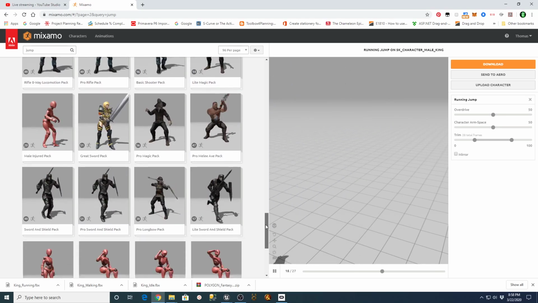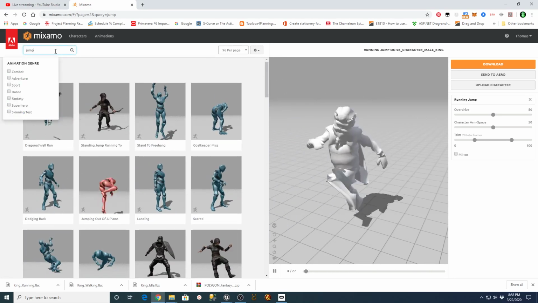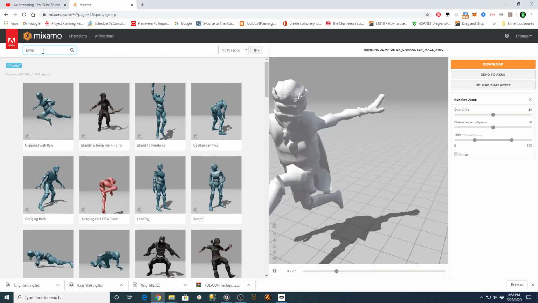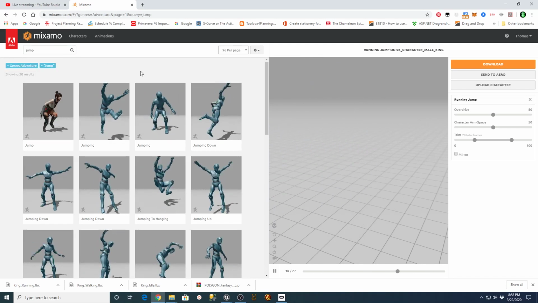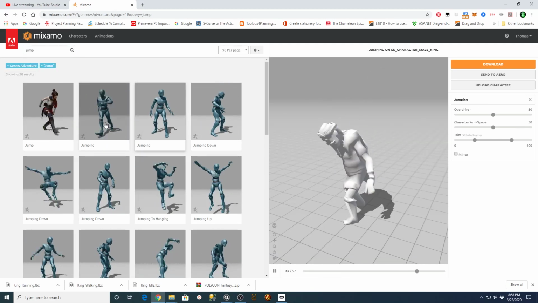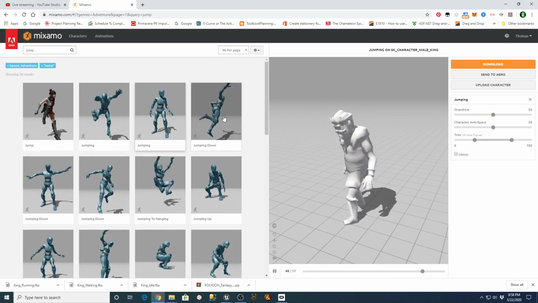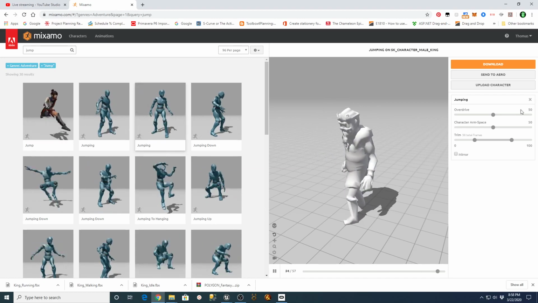Where are we at here? I'm going to have to find... I know there's... It's kind of silly, but if we go to adventure jump, maybe it... I'm going to have to just accept one of these. It's not horrible. I just don't like it. But anyway, we'll say it's good enough.